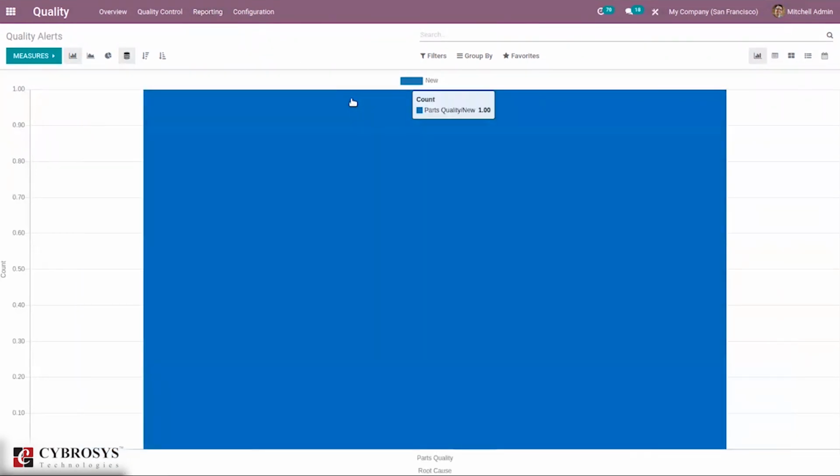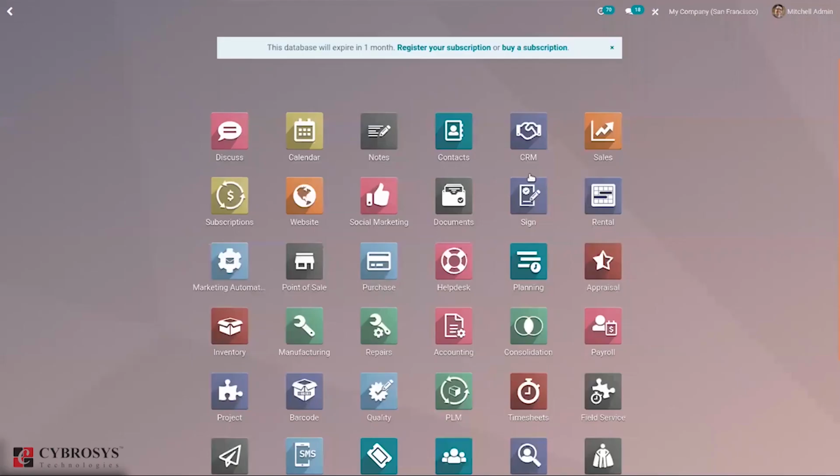For these reports, we have different views, like graph view, Kanban view, pivot view, list view, calendar view. So that's how we manage quality for products in Odoo 14 manufacturing. So we have done a video on quality management in Odoo 14. You can check that if you want to know more about it in detail.